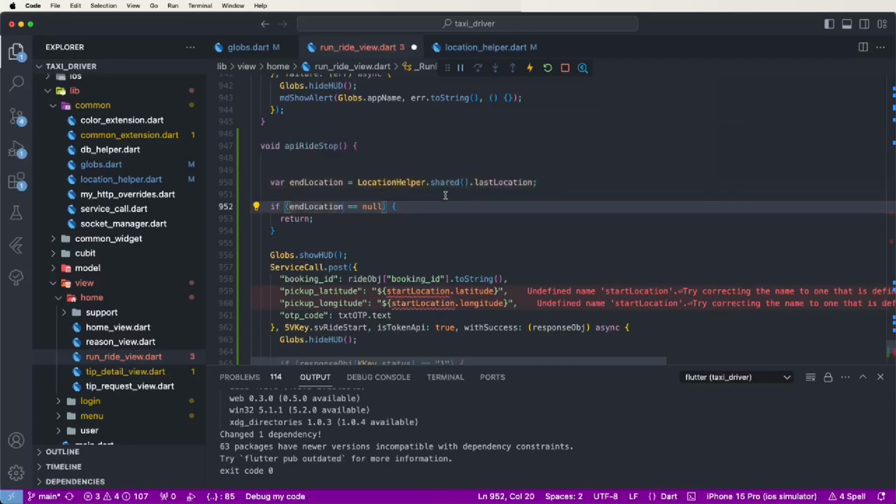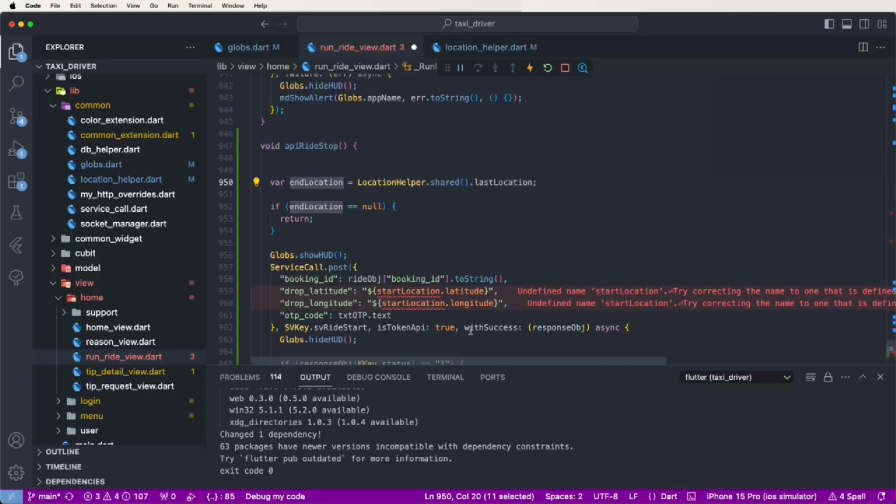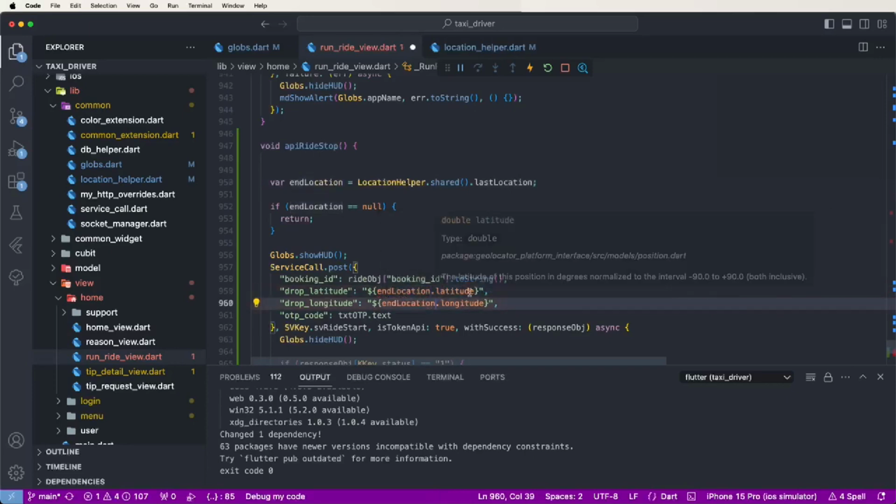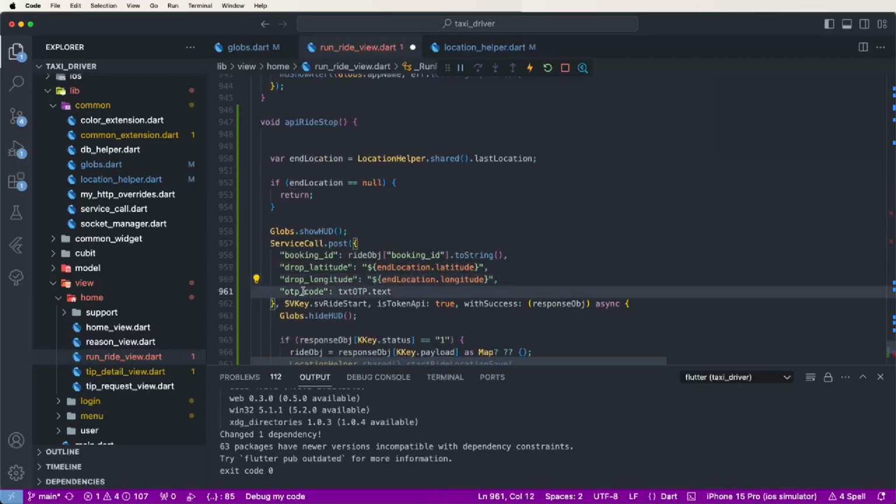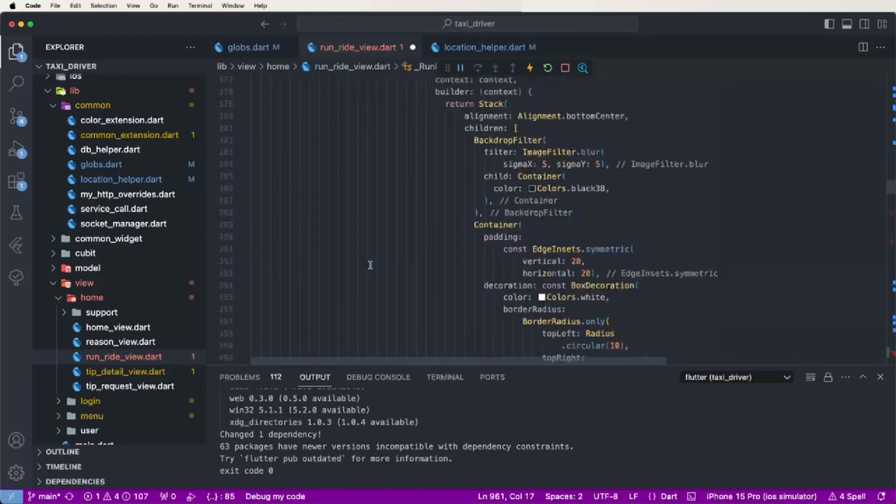If we don't get any end locations, then we need to not terminate this ride, because we always need the drop off locations. Now need to write down here the parameters. So need to change this here and to write down here the drop latitudes and drop longitudes. Also need to change this here the start location to end locations with latitudes and longitudes, and also need to remove this here and to give this here the toll amounts. Toll text parameters, not amounts. Need to check here, that's why. And also need to write down here